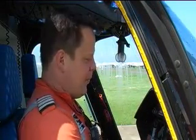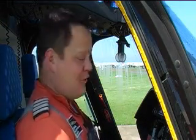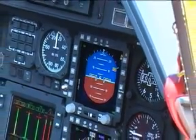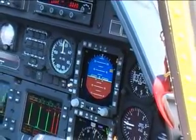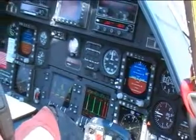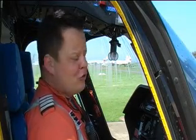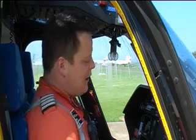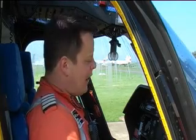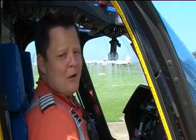Okay, well this is the pilot seat of the helicopter. This is where I sit. And I'm very fortunate, this is obviously my office, I suppose. In front of us we have a whole panel that looks fairly complicated, but it's actually fairly simple now. It's all been computerised. The aircraft, we're very lucky, it's a very, very fast machine. It's one of the fastest civilian helicopters you can get. It does just under 200 miles an hour, about 188 miles an hour in the cruise. It can go a little bit faster in a dive. We can be airborne in a staggering 45 seconds from call out. And the benefit of that speed and the quickness with which we can get airborne really does help patients with response